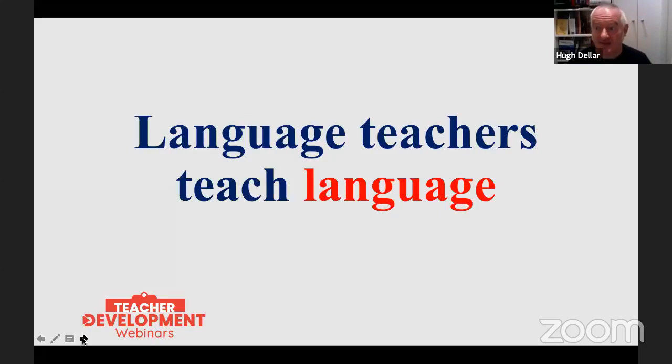And obviously, this can be done through digital means. It can also be done through non-digital means. I think one of the problems with trying to teach digitally is there's so much stuff out there and so many people trying to sell us, you know, websites, platforms, apps, courses, etc., that it can be overwhelming.